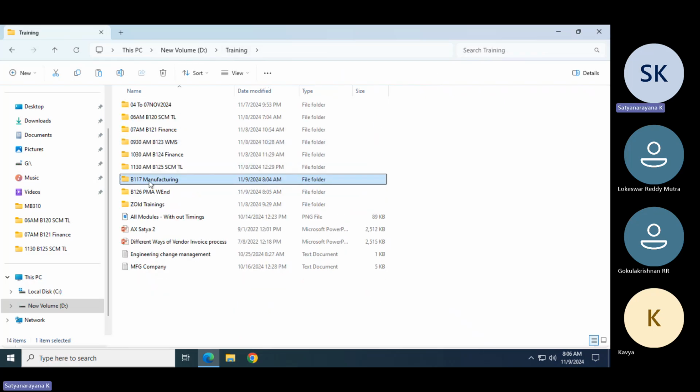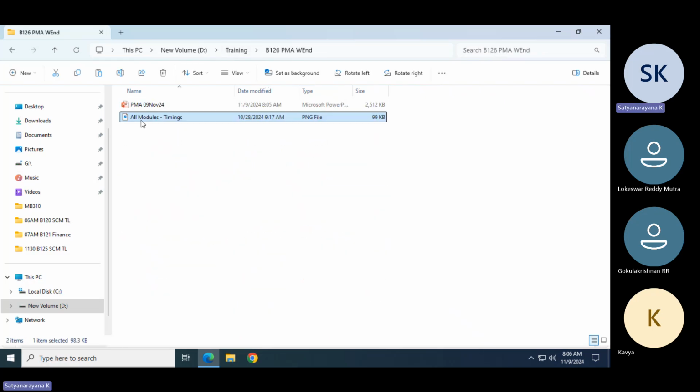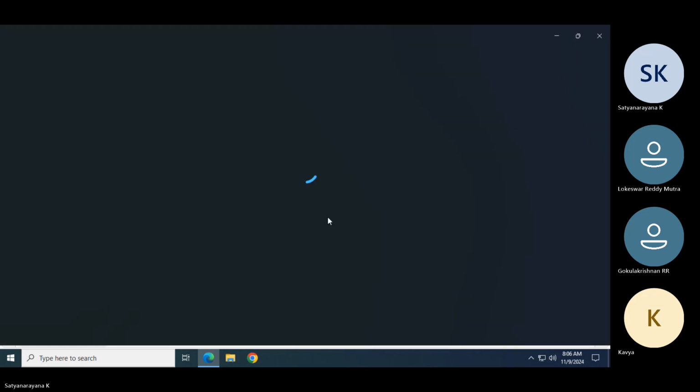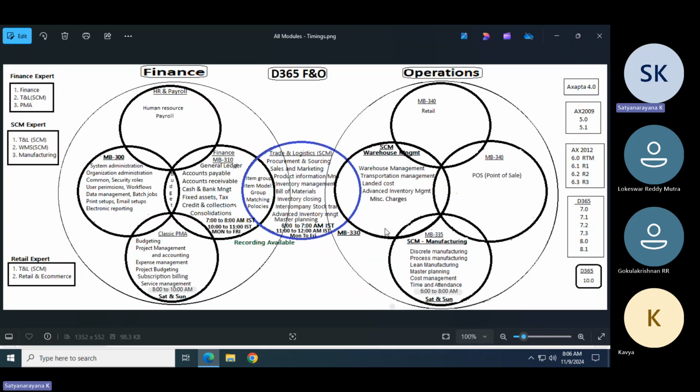So let me open this file. I'm working in Microsoft Dynamics for the last 16 years. I have a total of 24 years of experience. In that, 8 years of experience is in other ERPs, other than Dynamics, like in-house ERPs. I worked from 2000 to 2008, almost 8 years, in other ERPs. From 2008 onwards, I'm working in Dynamics.